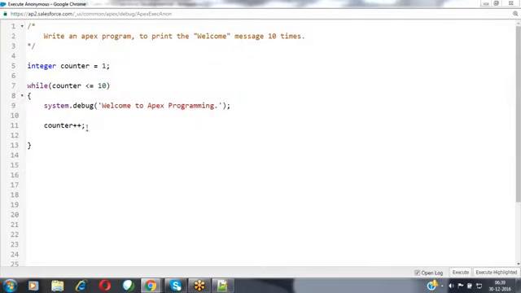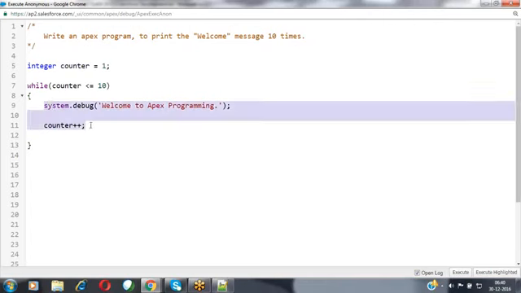Now let's see here. We have initialized the counter variable by 1, and then we are going to print those values. And then we are going to increment the value by 1 over here. Before executing this statement, first of all, this condition has to be satisfied. So it is called a pre-checking iterative statement. While loop is a pre-checking iterative statement, which will execute the statement based on the condition result here.